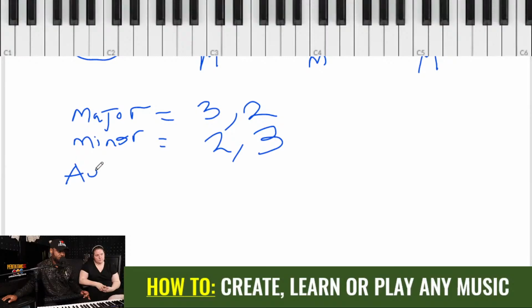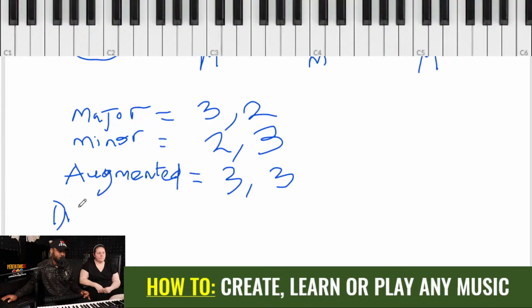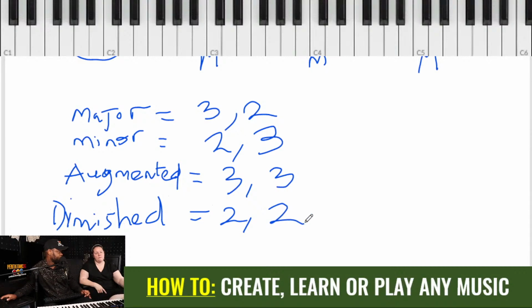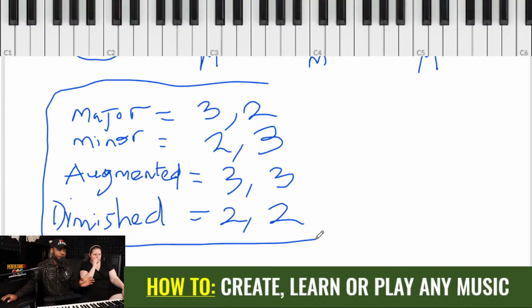Augmented, notes in between is 3 and 3. Diminished, not easy to write with a mouse, notes in between is 2 and 2. So if you want to use this formula to just get any chord you want,